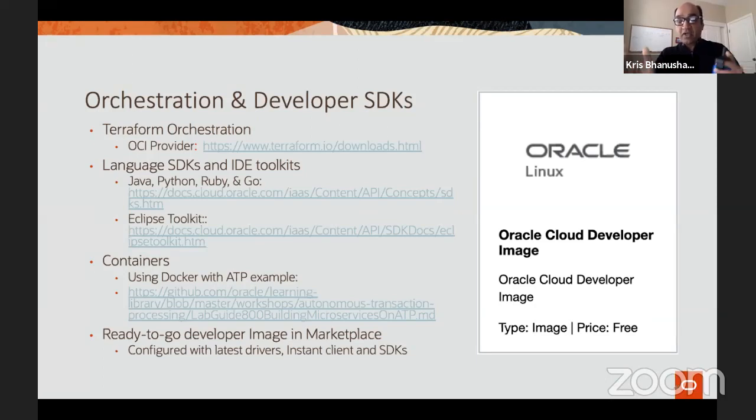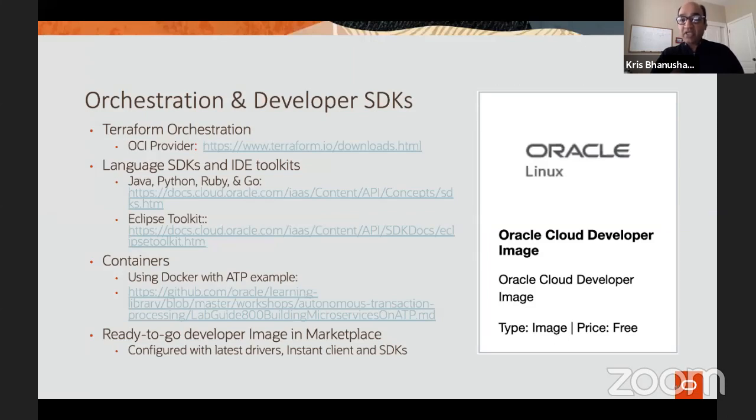So I showed you that in one container, you have multiple pluggable databases, which gives the agility of cloning a pluggable database, moving it between one container to another. And so it's a very comparative architecture, and it becomes very suitable for container-based application development as well. We also provide a ready-to-develop image in the Oracle Cloud Marketplace, which has all the drivers and everything I mentioned preset for app development.